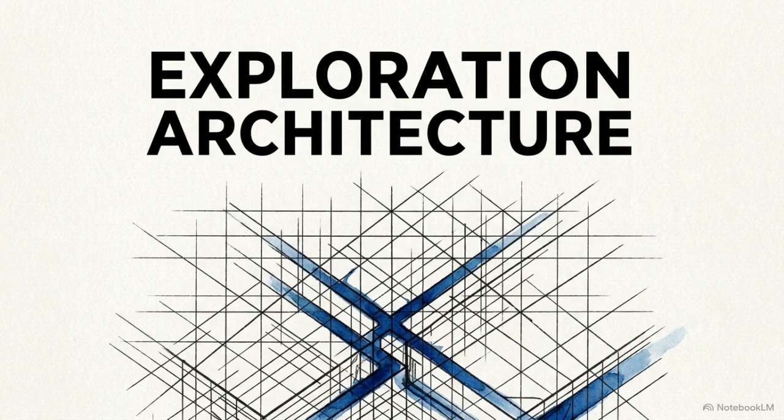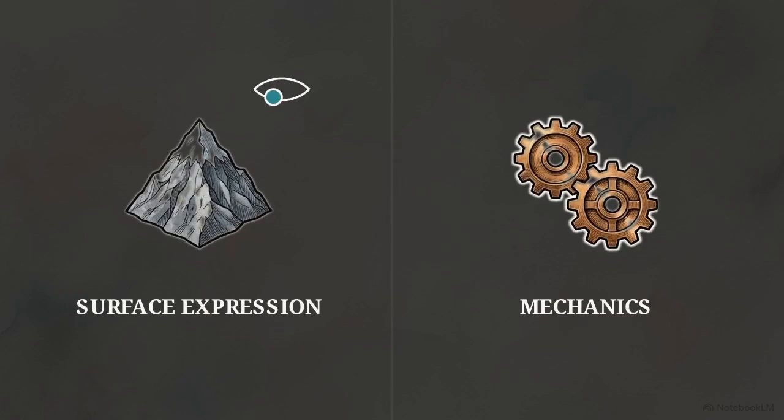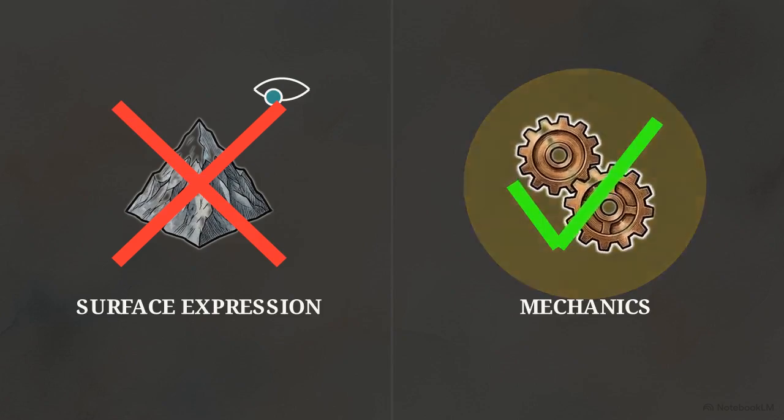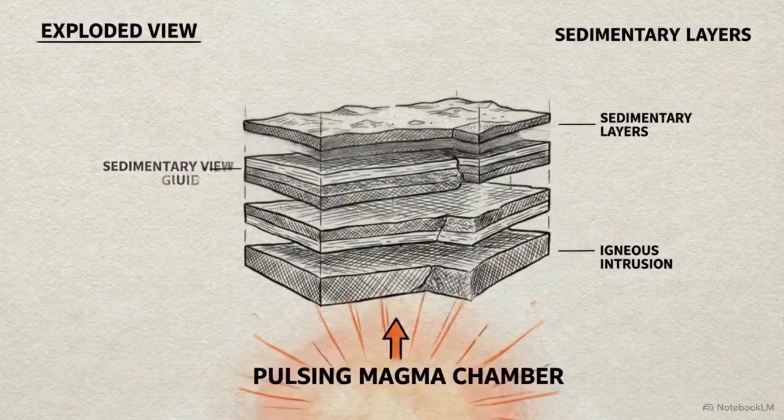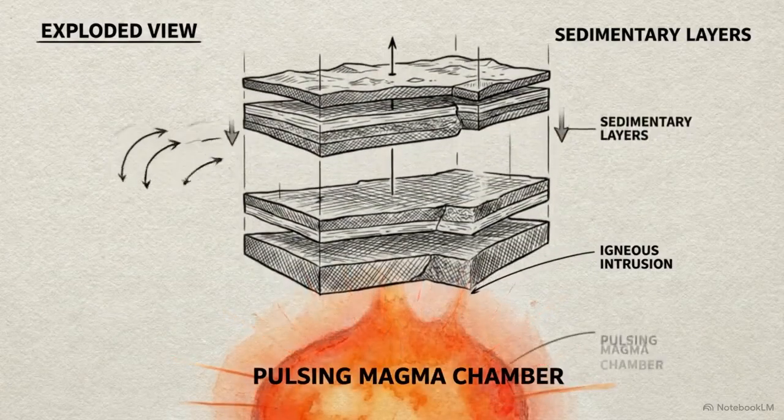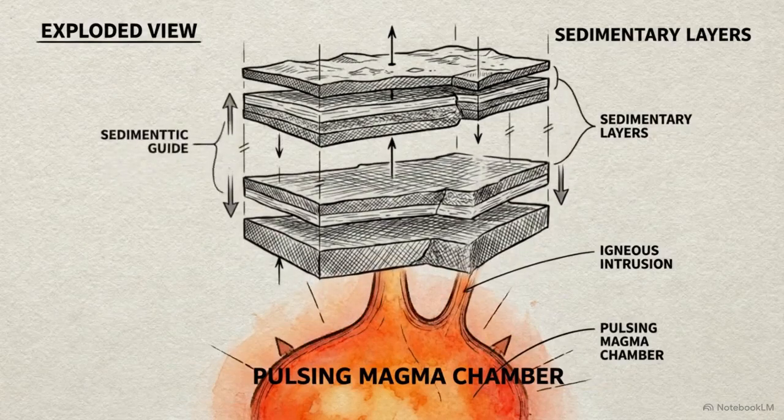Navigating this complexity requires adopting a 10-parameter systems thinking framework, a method of evaluating the deposit not by its surface expression, but by the mechanics of how it formed. Precise drill targeting demands that we abandon surface-level anomaly hunting. We have to deconstruct the entire geological machinery, tracing the system from a deep crustal source all the way to